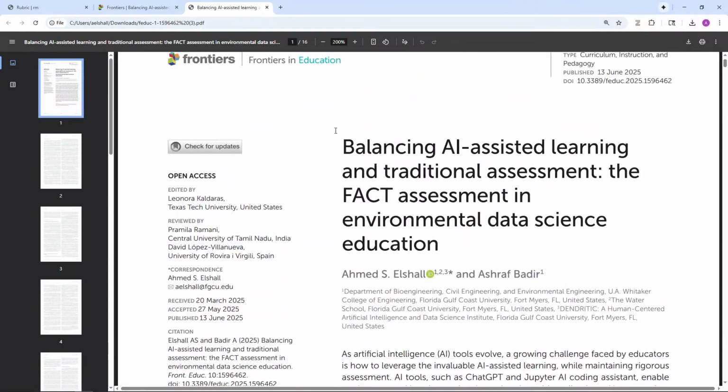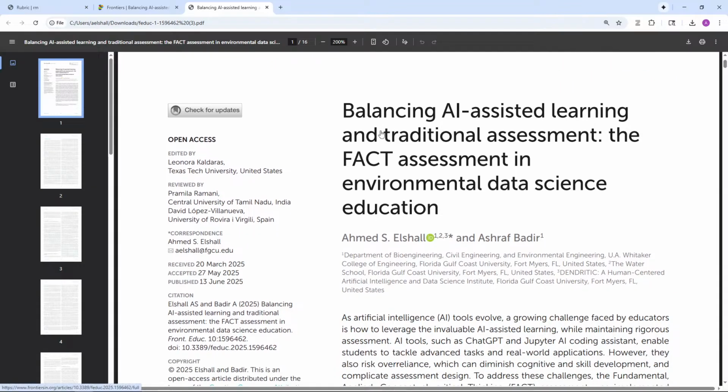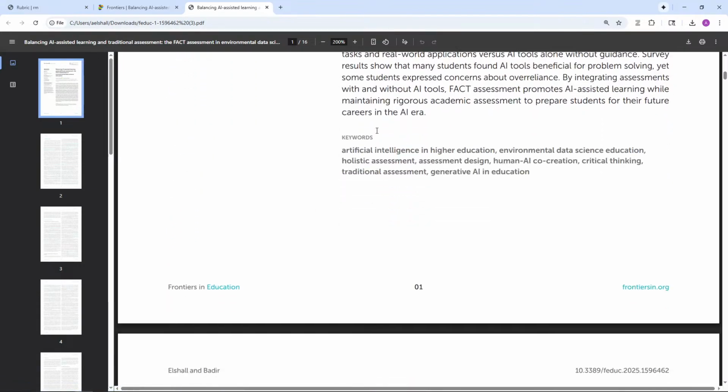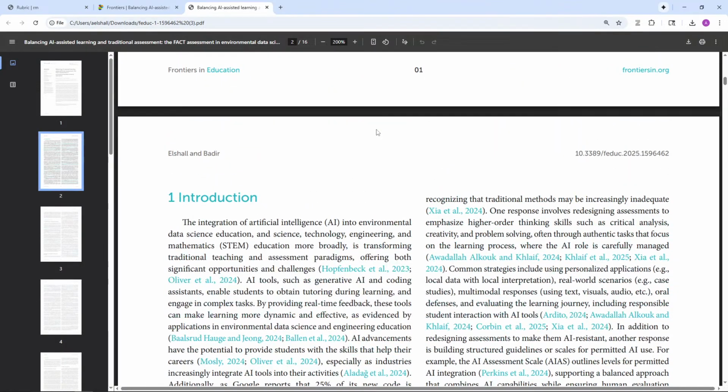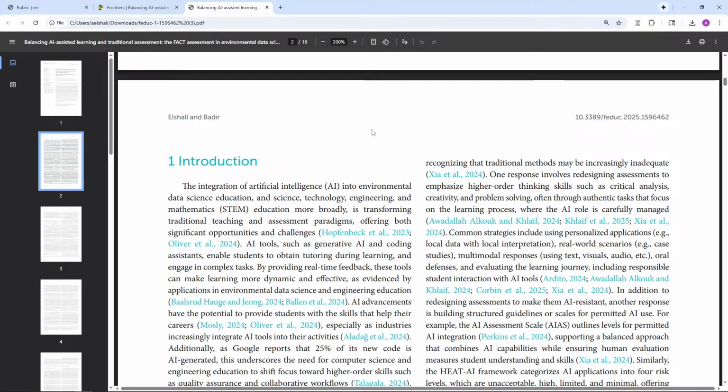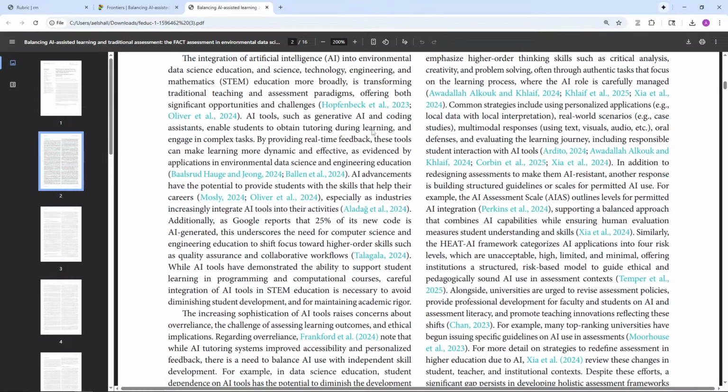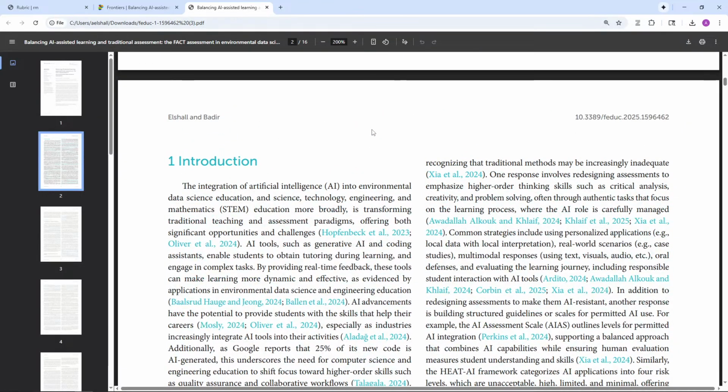So this paper, we talked about this paper before. We are looking at assessment in AI, like when students are using AI, how can we assess a student? There's no one answer, but the logical sequence that we decided to use here would be that first of all, we will talk about